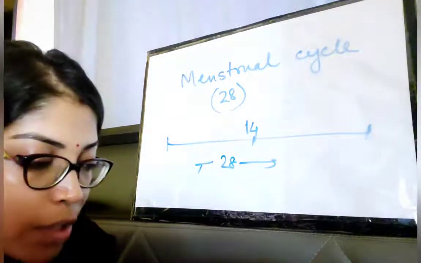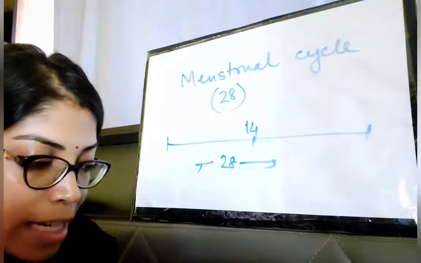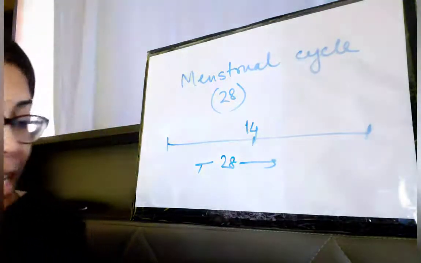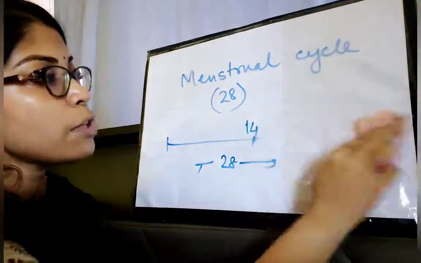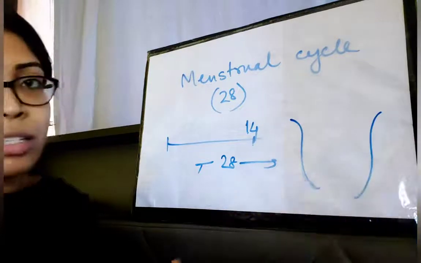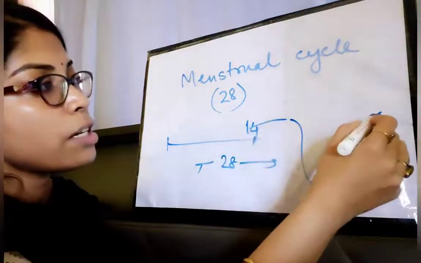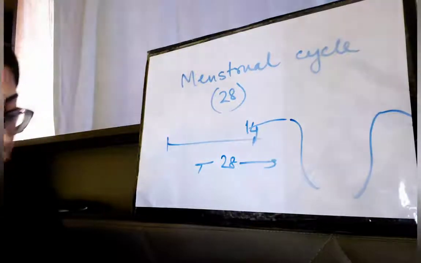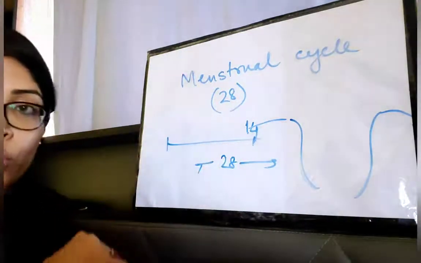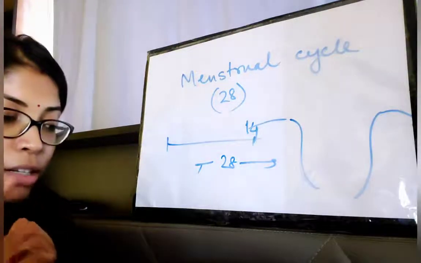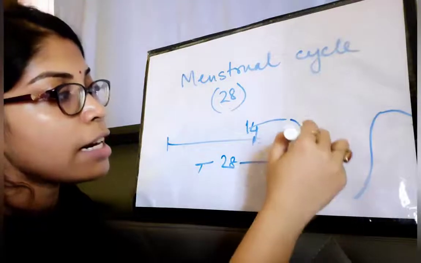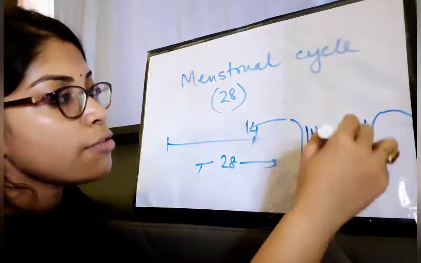Clear? Before the release of the egg, the inner wall of the uterus gets thickened with an increased supply of blood to receive the fertilized egg. Now, let me draw it here. You saw that the uterus looks like this, right? And here the fallopian tube continues this way. Now, ovulation occurs on the 14th day. Before ovulation, for the first 1 to 14 days, different layers of tissues start forming on the uterus.